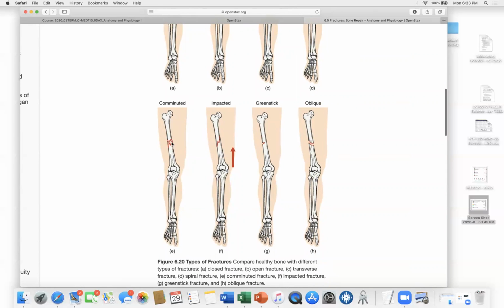Comminuted, not very good, because comminuted means that it shattered. Comminuted fractures are very, very common with gunshot wounds. And just as a little side note, it's not the bullet that is the issue, like in the movies. Like, oh, we have to take out the bullet. The issue is the infection that the bullet brings, because the bullet is a dirty thing, and the shock wave that the bullet brings. And the shock wave can shatter